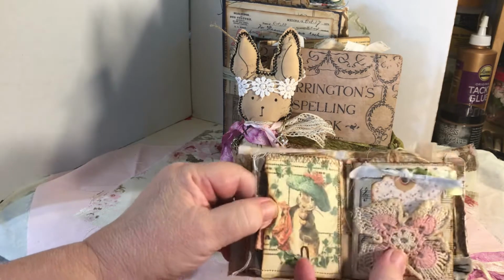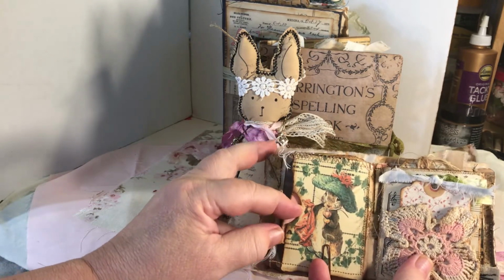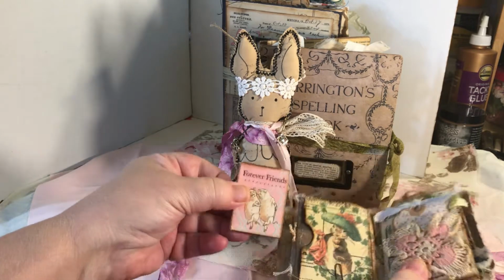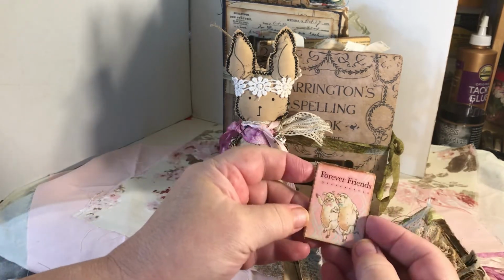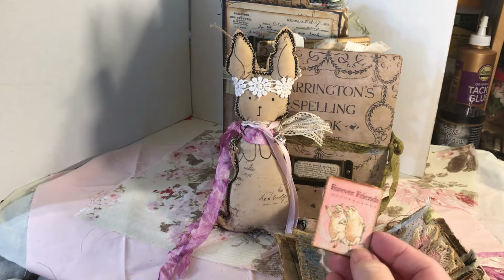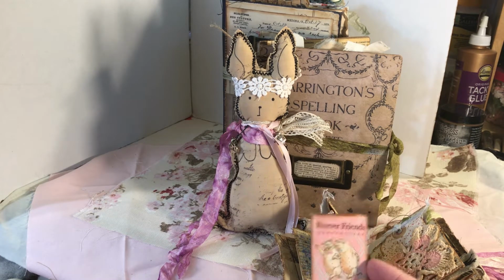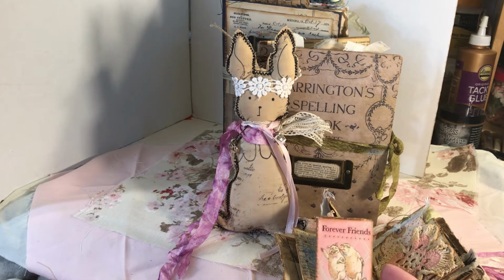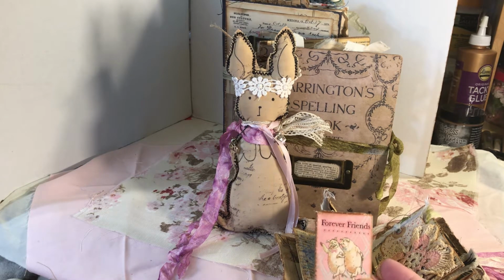Excuse me. And here is a little Beatrix Potter bunny. And inside here, this is a little booklet that says Forever Friends. I got some rub-ons lately, and I used to hate rub-ons because I never thought they were very good quality. But anyway, these rub-ons are good quality, and they're really cute, and I'm finding lots of little places to stick